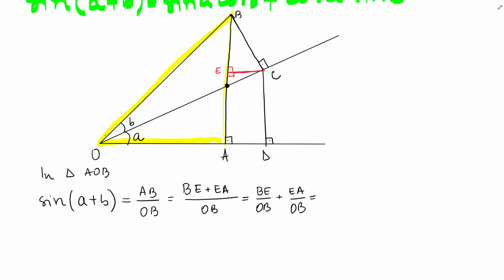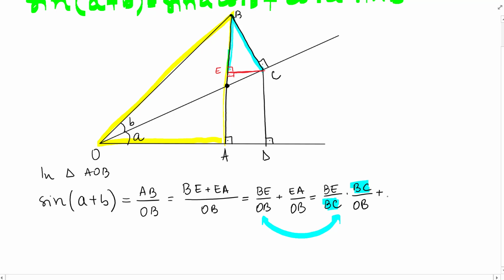So I'm going to rewrite it as BE over BC, so that now when we say BE over BC, they are sides in a right triangle, times BC over OB. So now I hope you can see that by introducing this to the numerator and denominator, they can cancel each other, and this is the same as the original fraction, plus